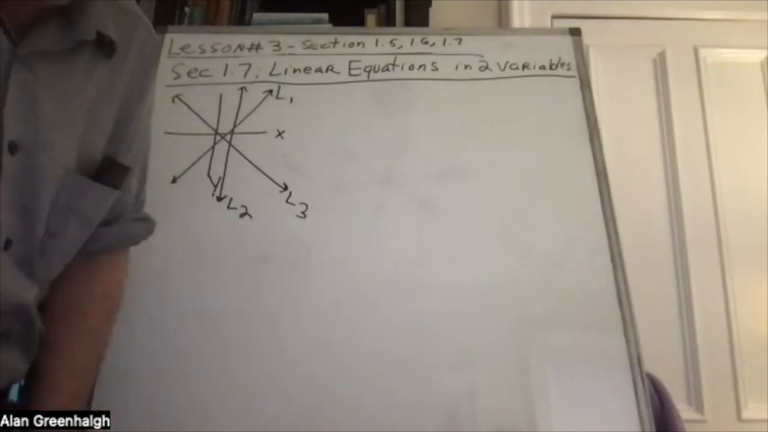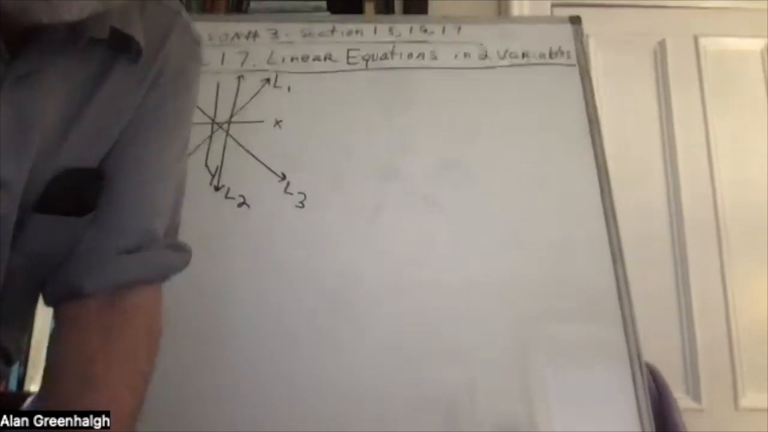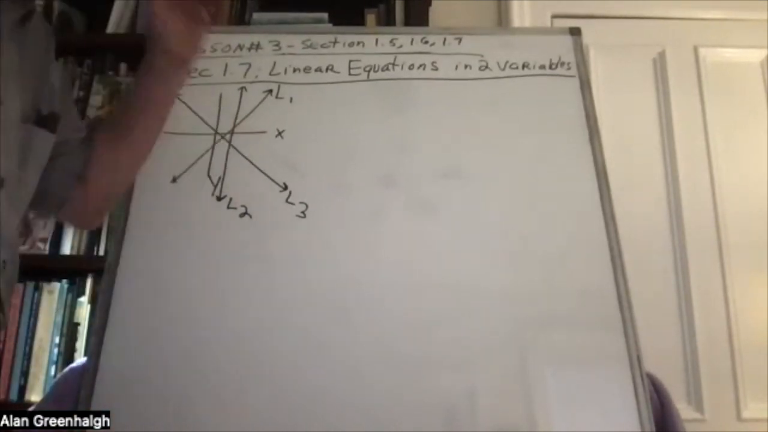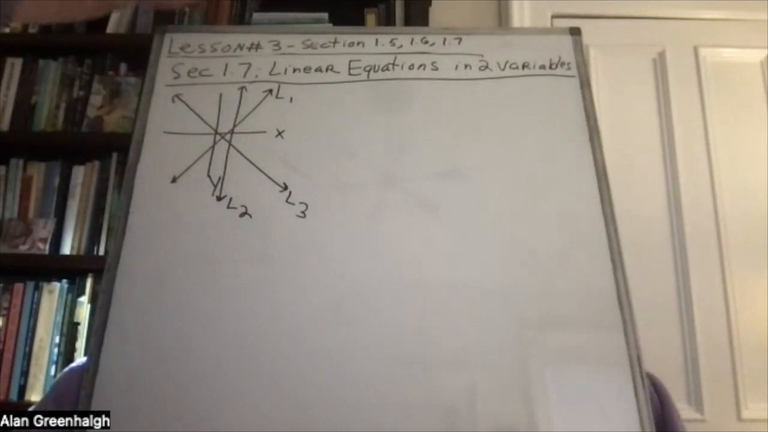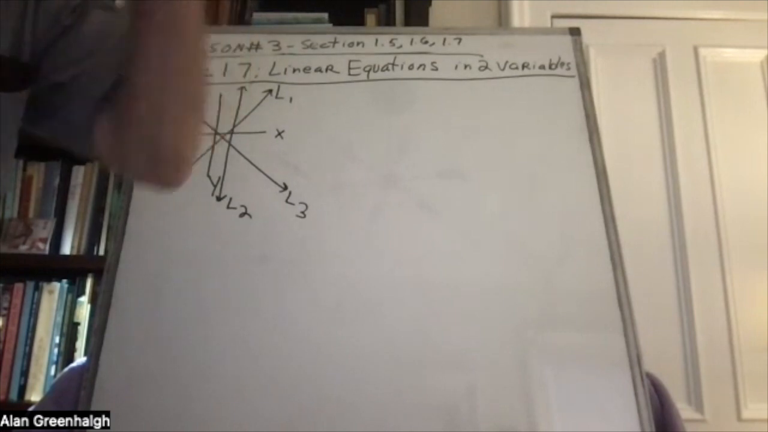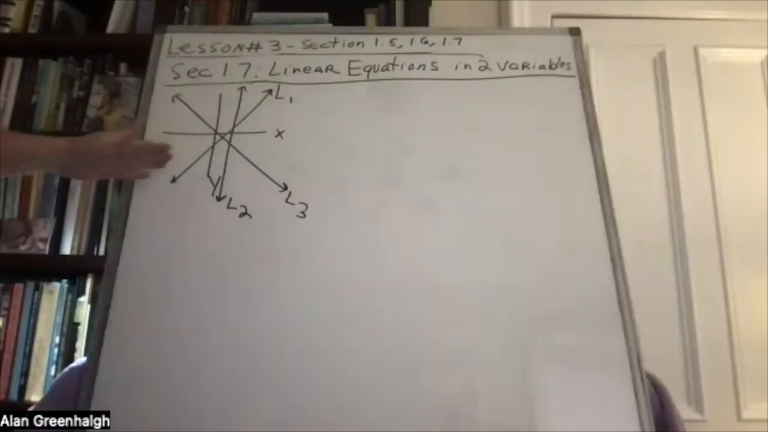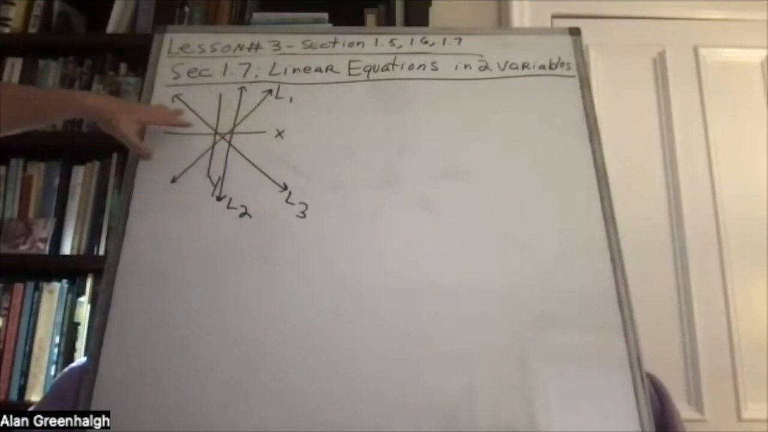So we are back and trying to squeeze in the last section that I had planned for today, which is section 1.7, linear equations in two variables. So this is an example of a set of coordinate axes,